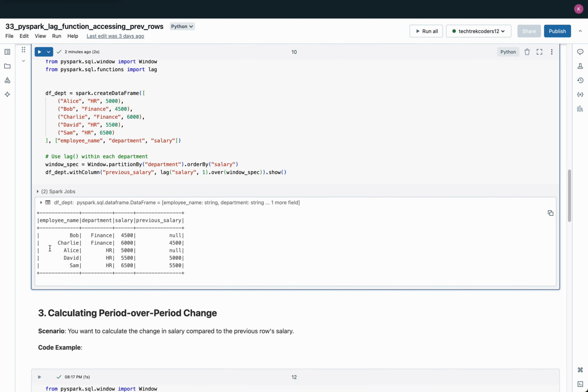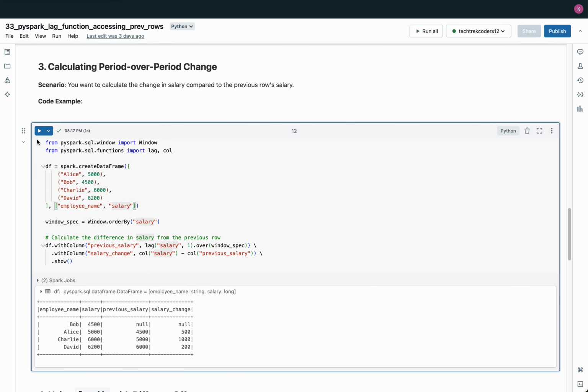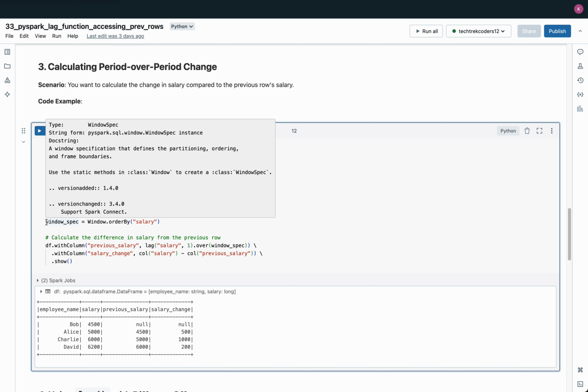3. Calculating period over period change. In this example, we are using the lag function in PySpark to calculate the difference in salary between consecutive rows. The DataFrame df contains two columns: employee_name and salary, representing employees and their respective salaries. The objective is to calculate the salary change for each employee by comparing their salary with the salary of the